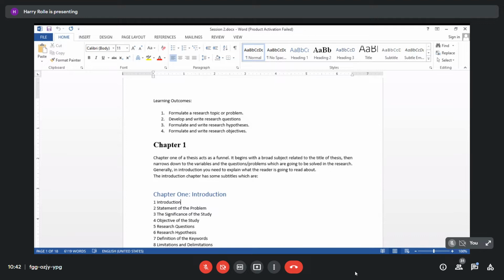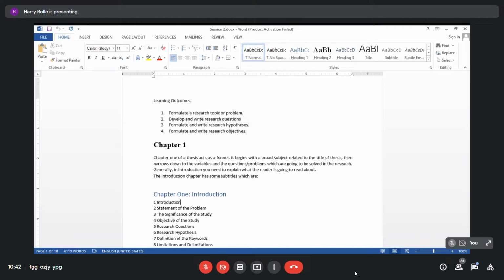Hanggang sa lumiit ng lumiit at masabi mo in detail kung ano lang yung scope nung ating research. So you limit your research on a certain area lang para hindi ganun kalaki, kasi pag sumobrang laki yung isang topic or yung isang title, normally mahirap itong matapos. Kaya ang ginagawa natin, we limit the subjects and we do the inverted triangle nga, yung broad sense of your topics to yung sa specified objectives that we have.